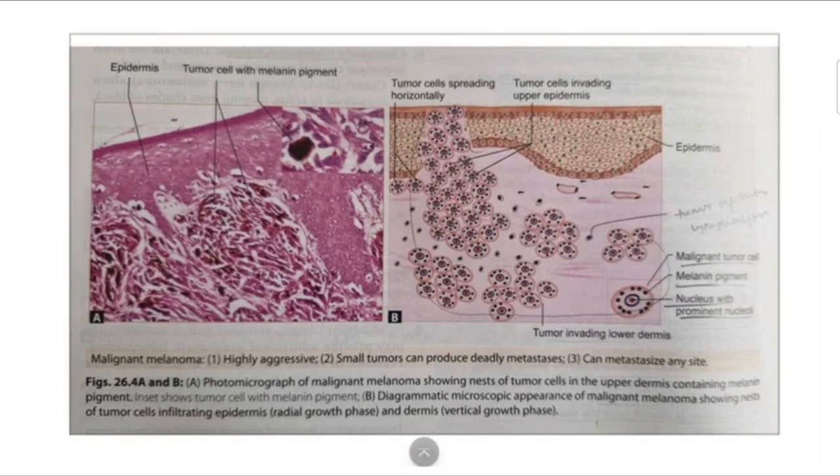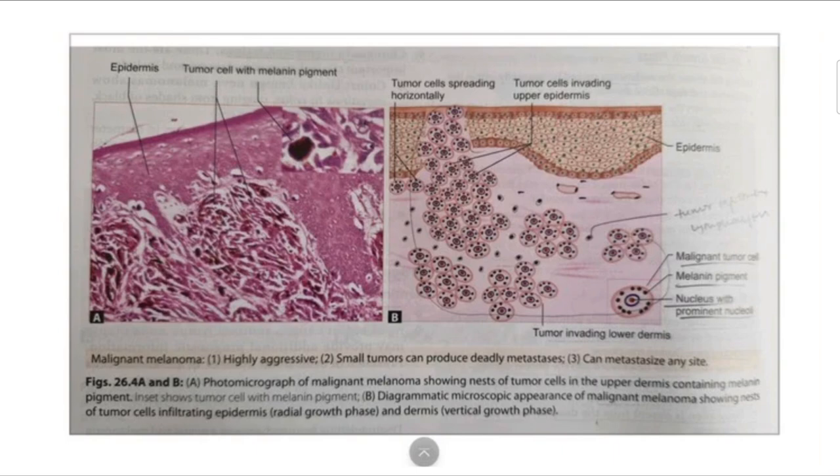Some melanomas may have little or no pigment, amelanotic melanoma. Then there is the radial growth phase, in which malignant melanoma spreads horizontally along the dermis and dermoepidermal junction. They may show pagetoid spread, melanocytes scattered upward through the epidermis. Vertical growth phase: tumor cells invade the dermis, may extend into the subcutaneous tissue, and form nests or sheets of malignant melanocytes. Then there is increased mitotic activity, frequent, and sometimes atypical mitotic figures can appear, indicating rapid tumor growth.